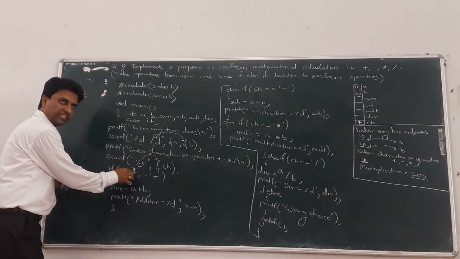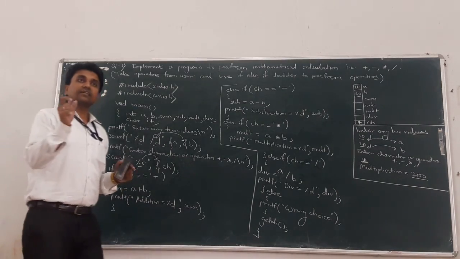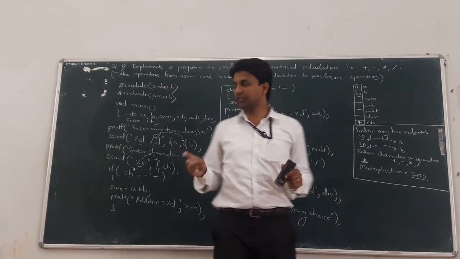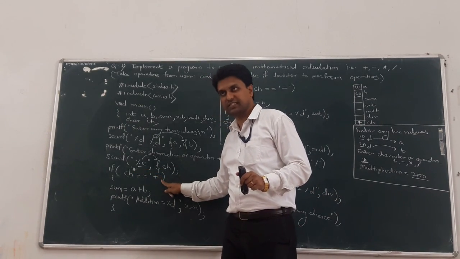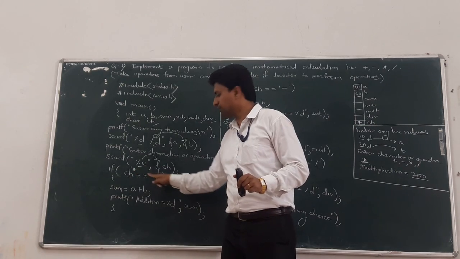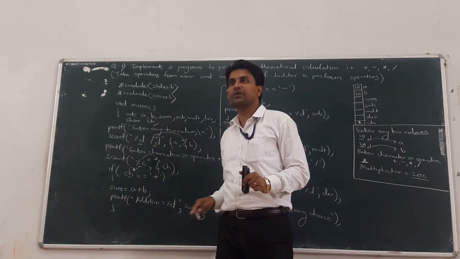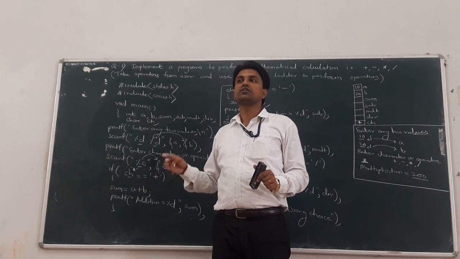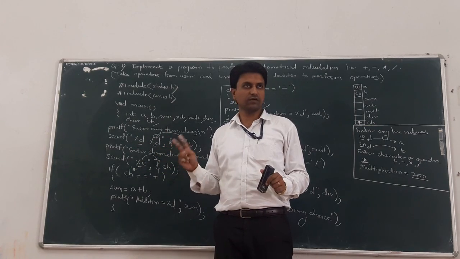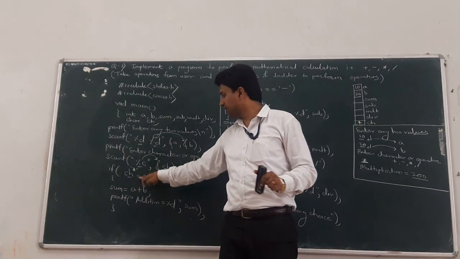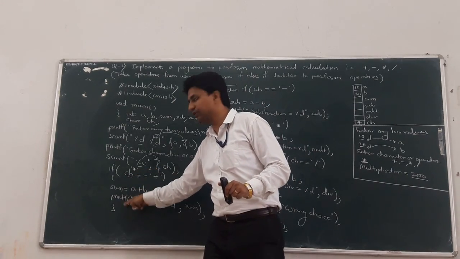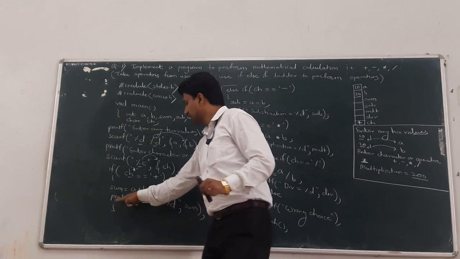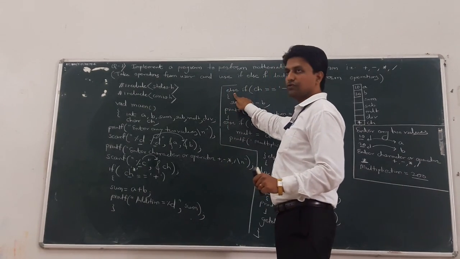So star means that character's ASCII value. What is compared here? The ASCII values of star and plus. Okay, these are not matched, so the equal to operator returns 0. If these are not matched, then the equal to operator, this comparison operator, returns 0. 0 means no entry to the if. Clear? Then the cursor automatically goes to the next step.